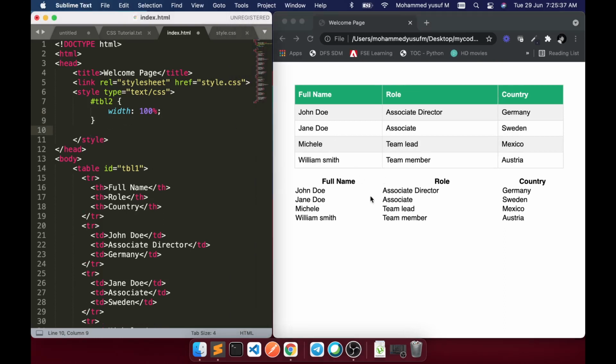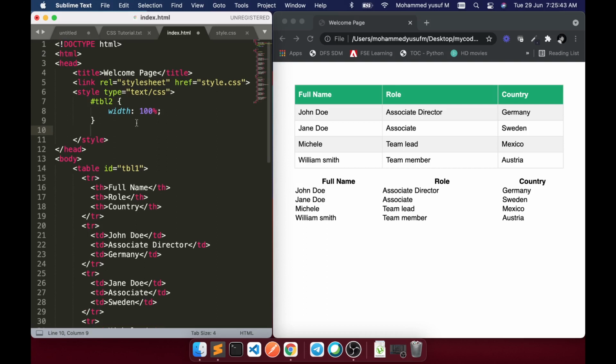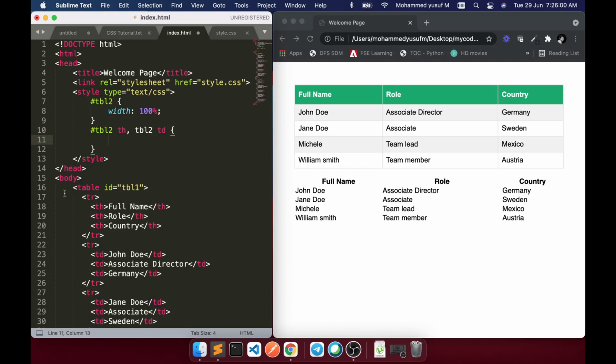For the border, I'm going to target all the th and td tags. How can we target that? Basically that id, then th, comma, table tbl2 td. So we are targeting under this id all the th and td tags.